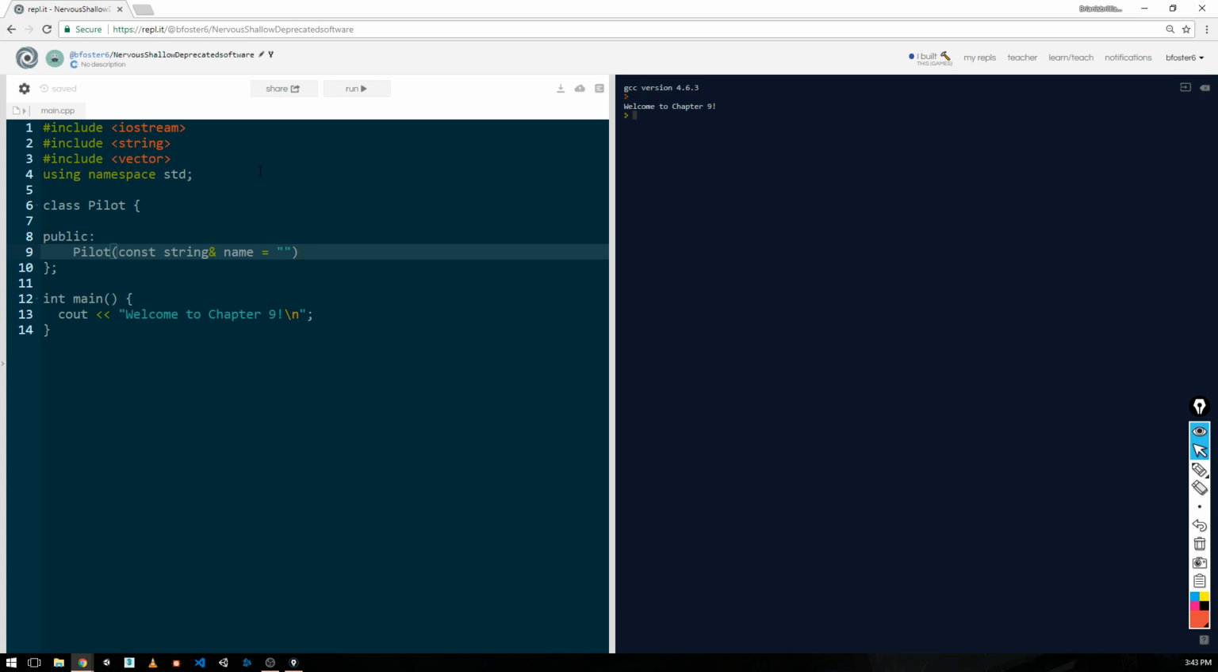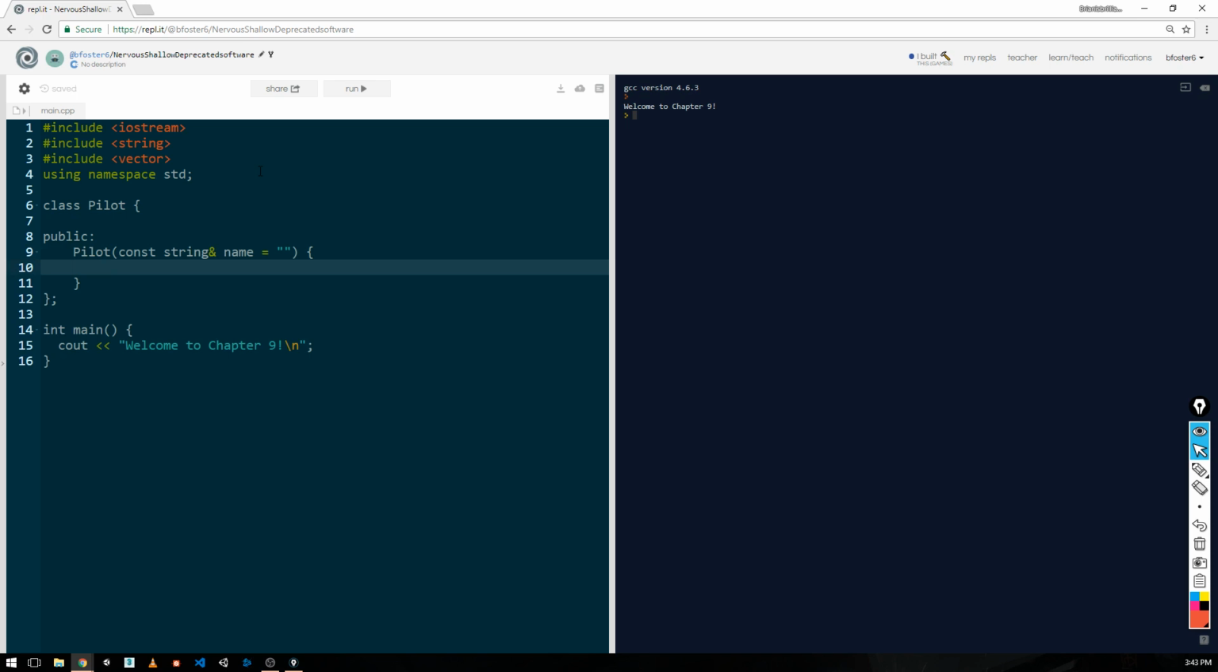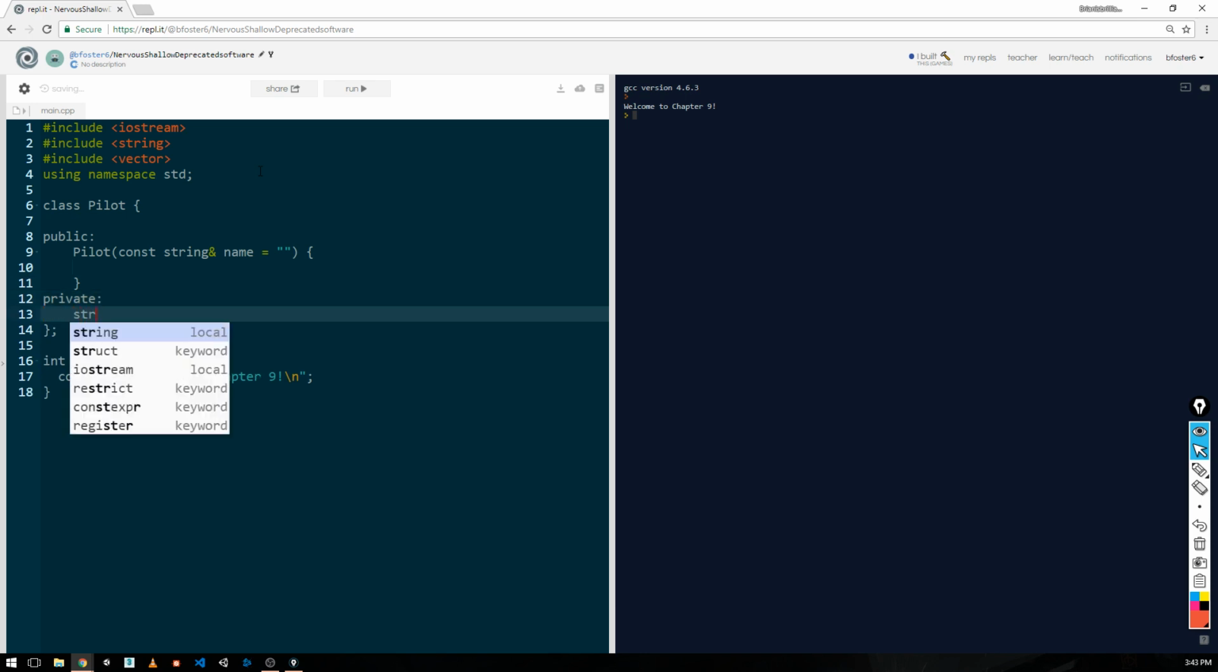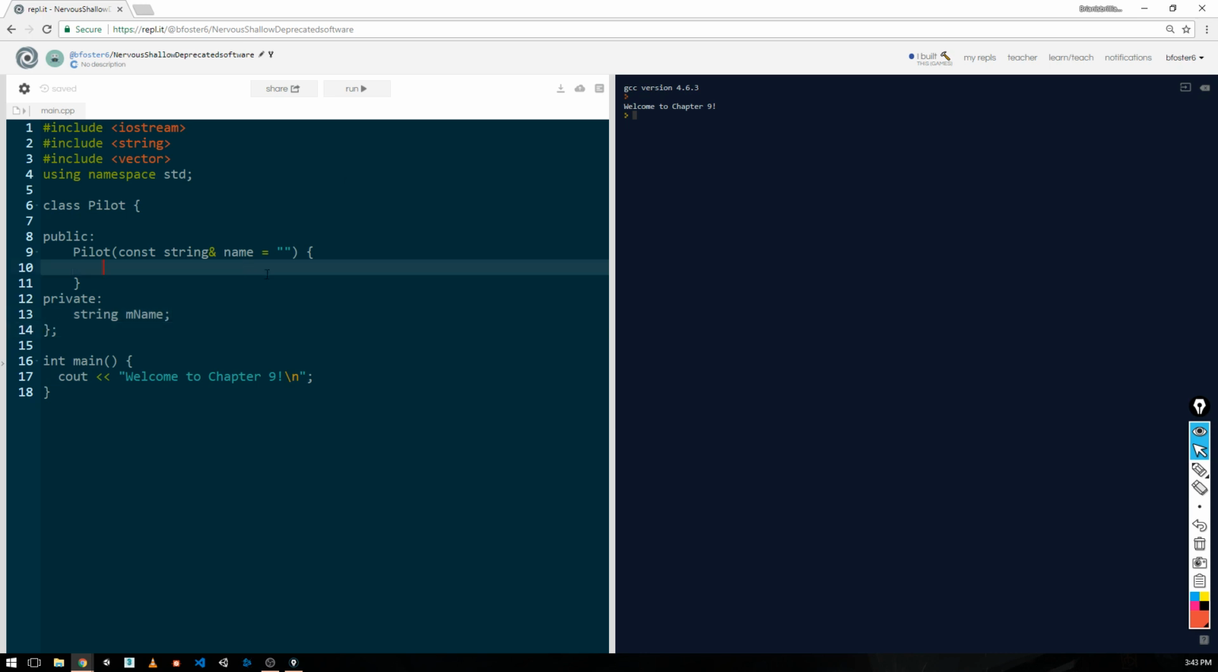So there's two ways to do this. So here's the way that we're familiar with. We have a private string im name. And here we would say that im name is equal to name. Or we could change this up to given name, which I like to do. Because when you create a new pilot, you have the option of calling its constructor and assigning a name right here. So we could do something like